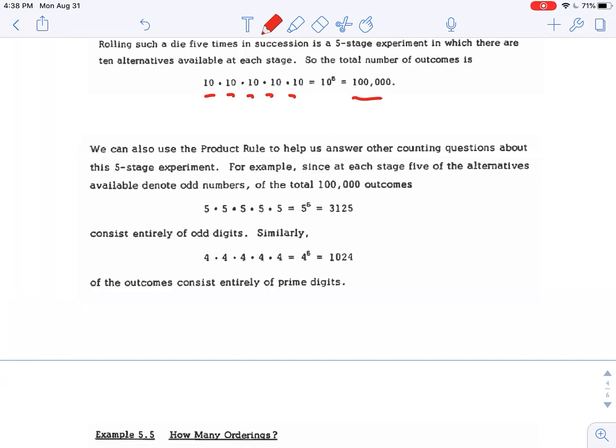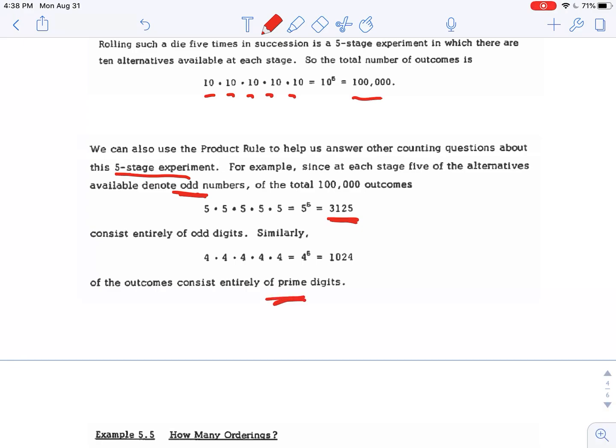But the product rule can also help us if we have a limited number of other outcomes. So for instance, if I'm only counting odd numbers, well, there's only 5 odd numbers available, 0 through 9. So that'd be 5 to the 5th power, or 3,125. So if we're looking for